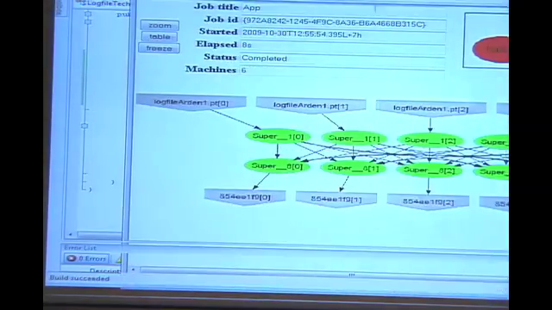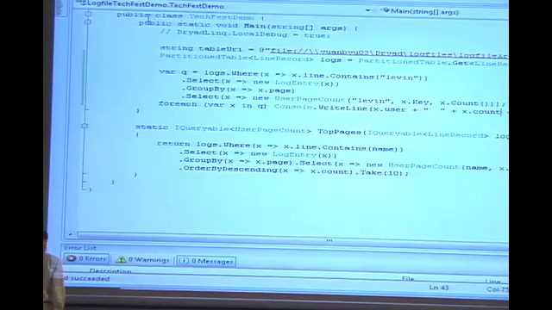And by the way, one thing I haven't told you is, as I said before, the same program can be executed on a single machine, on multi-core, and on the cluster.